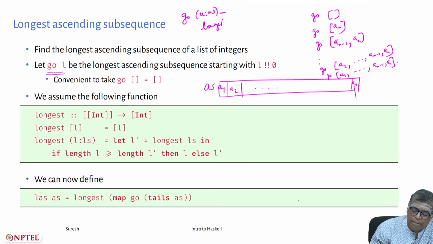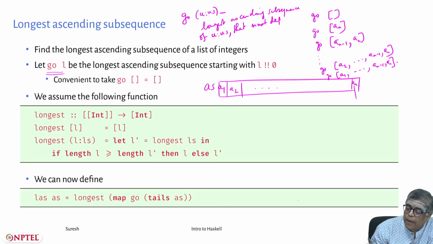longest ascending subsequence of U colon U's, that must definitely include U. This is the point,